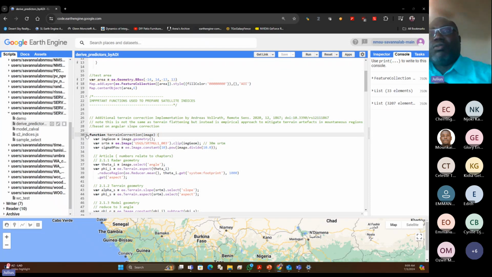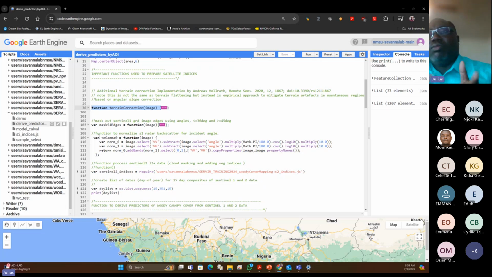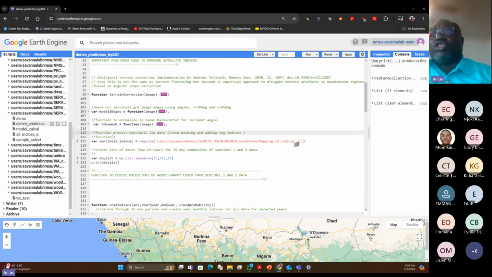It basically performs an angular slope correction on the radar, based on a paper that was published recently by some guy called Andreas Horat. And then this is to mask the edges, to kind of eliminate some of the banding or the striping effect you get, whereby the illumination imbalance, that will be to normalize the data so that you have this effect in the mosaics whereby one scene looks different than the neighboring scene. So we try to mitigate all of that, and then this is a function which we've created just to process